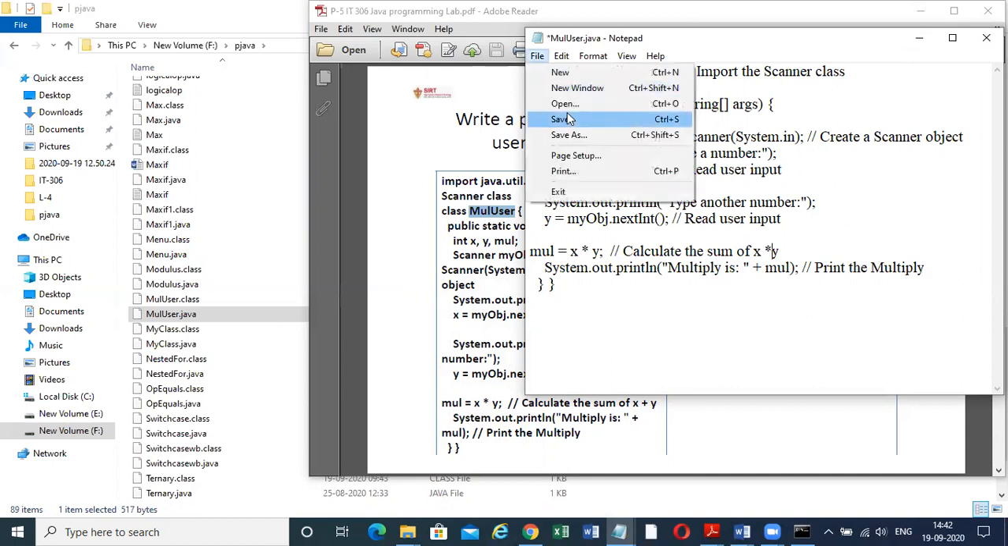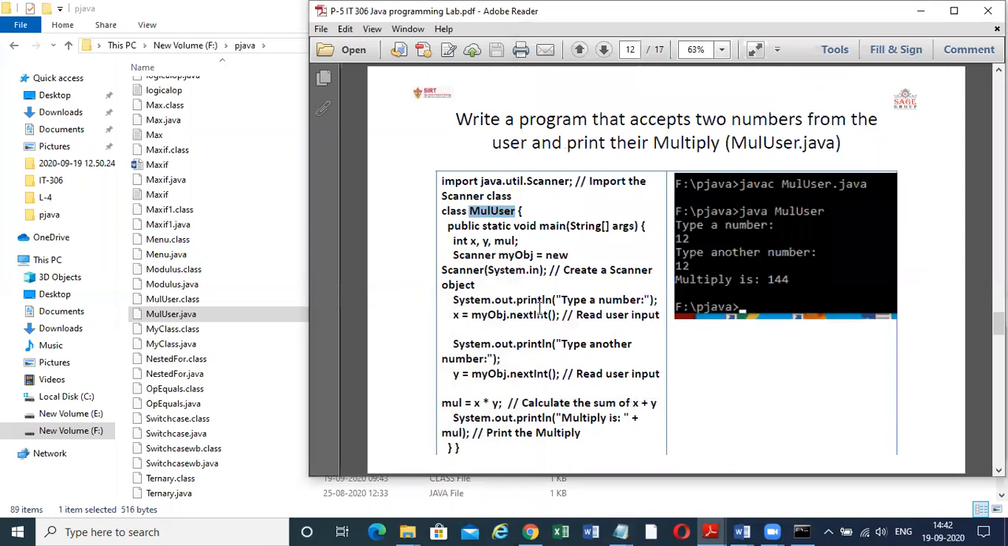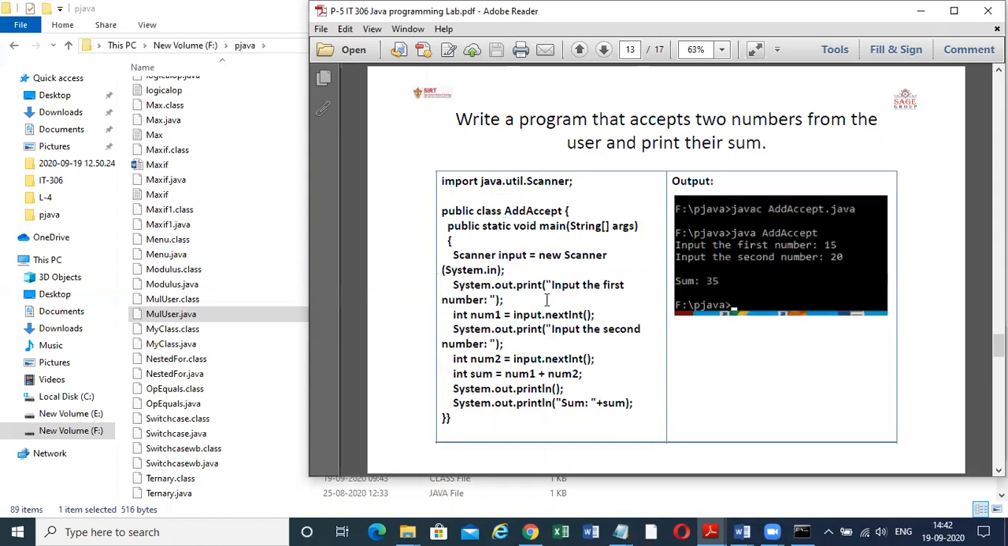Now here in this program I use the single line comment, that is the double forward slash. This was the program that will give me the output, the multiplication of the user data, that is input from the user. Now again, one more program that is almost the same: it accepts two numbers from the user